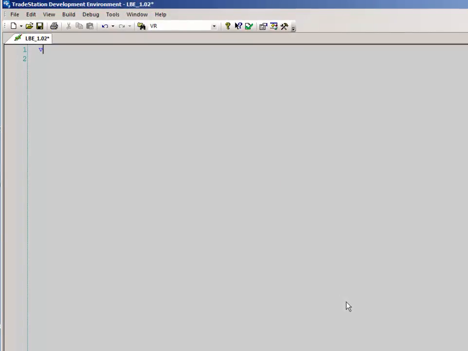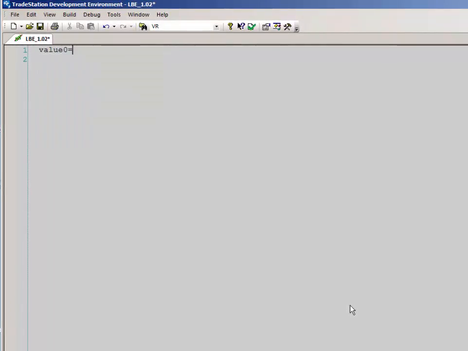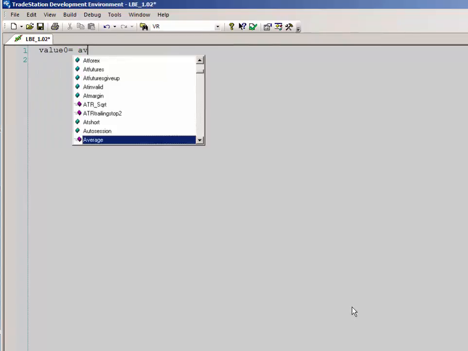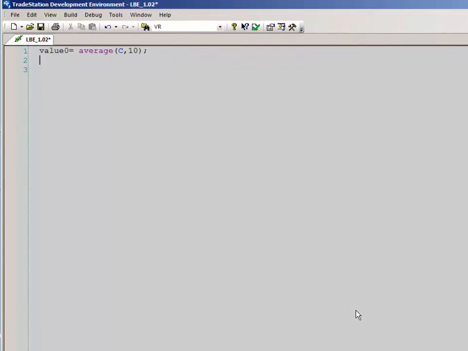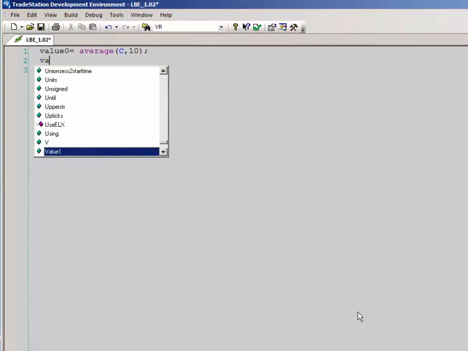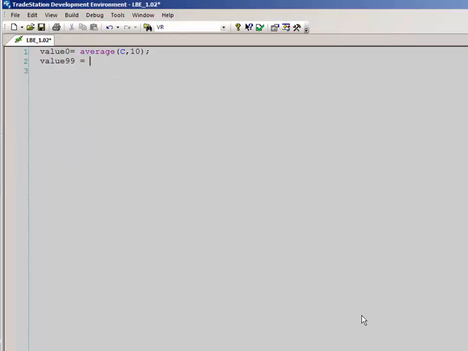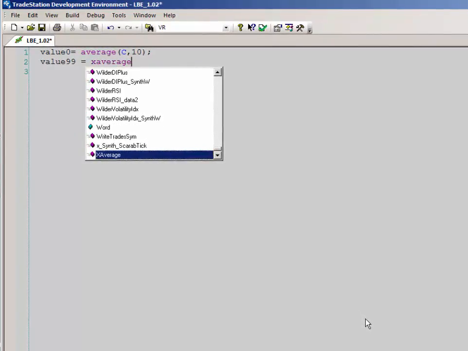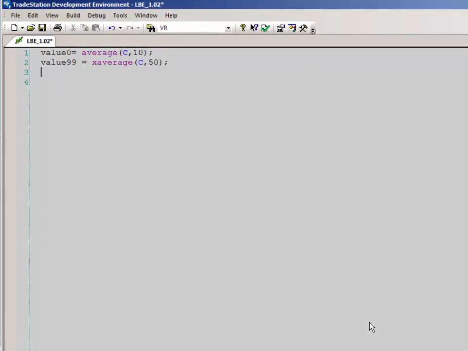Value 0 equals average, close of 10 bars. Value 99 equals XAverage, close of 50 bars. We have the plot 1 statement